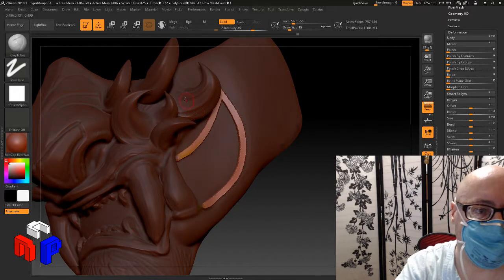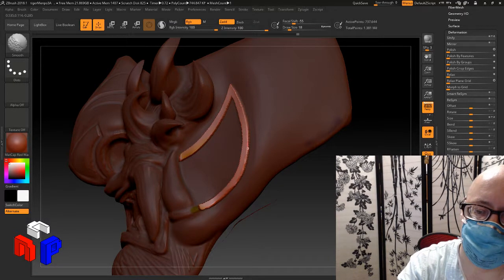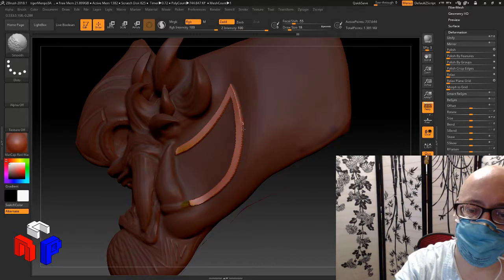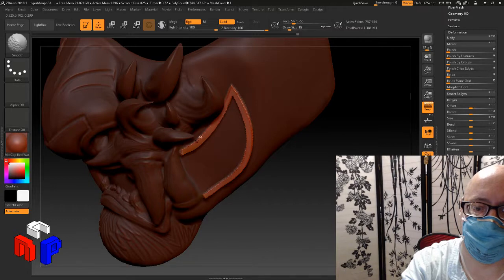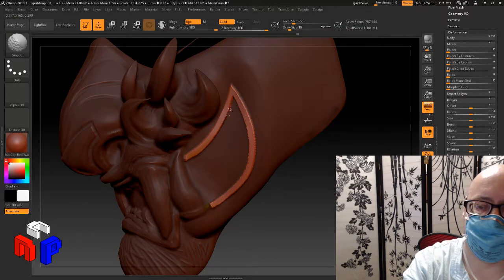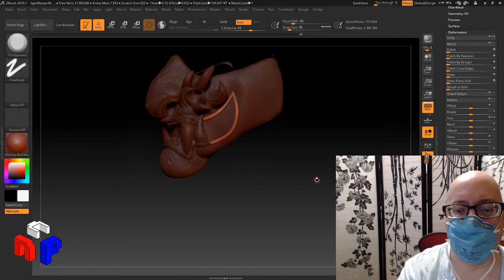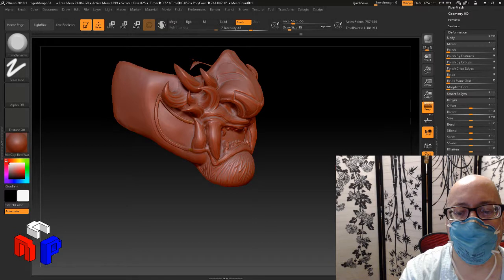What if instead of smooth, I try trim dynamic? Okay, that's not bad. We've got a lot of nice